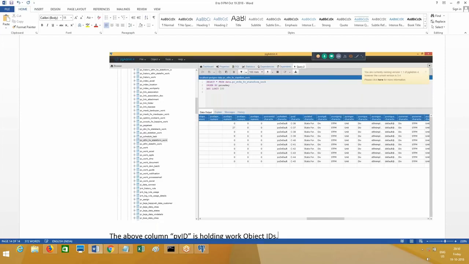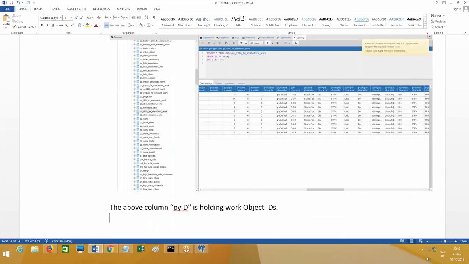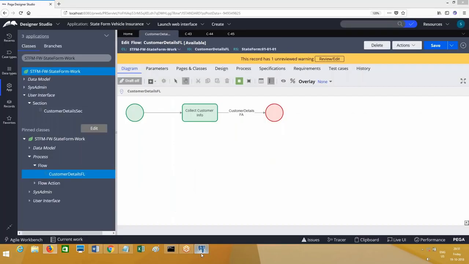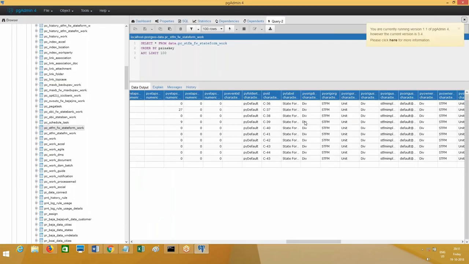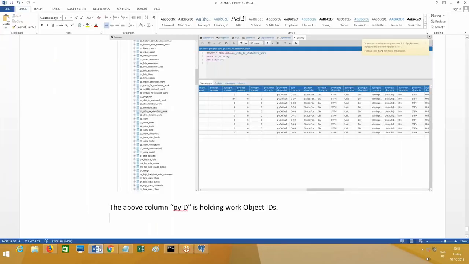What is the data that we have for these work objects? See, for a number of work objects you create, you get that number of rows. One row is equal to one work object. In this table, each row corresponds to one work object. Okay, let me write that down. In this table, one row corresponds to one work object. This is clear, everyone? I am just giving you information, nothing much technical.